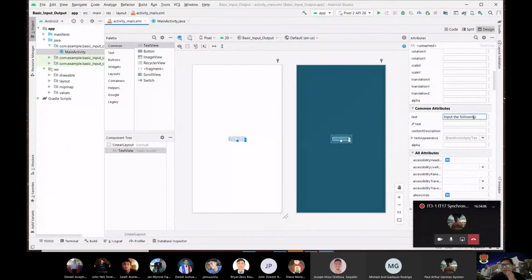Okay, hold on. So mag-i-input tayo. Input the following. Okay, yun na lang. Input the following. Ayan na siya, lumaki siya. So automatic nag-align, nag-adjust siya doon sa ating size. Naka-wrap siya. Then after that, we will add